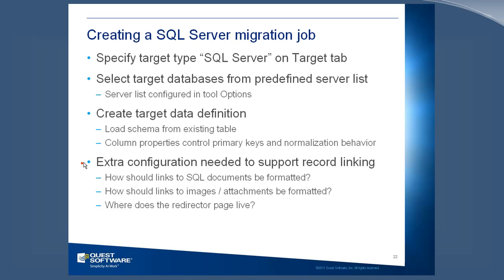And if you want to do linking to records, like if you want to use our link tracking service, or if you want to have the HTML in your parent document reference the images and attachments in that normalized table, you need to tell us how the links to those documents should be formed. So we can't just figure out what the URL is to a SQL Server record. We assume that you might have built some application that would display a record, and your application is going to have some URL format. And so you tell us what format you want to use, and now we can form a link to other documents for our link tracking service,